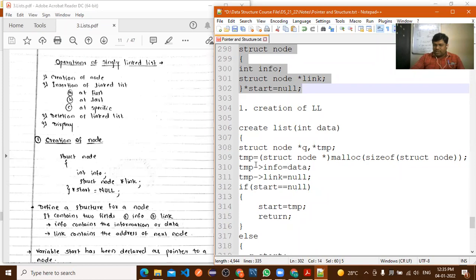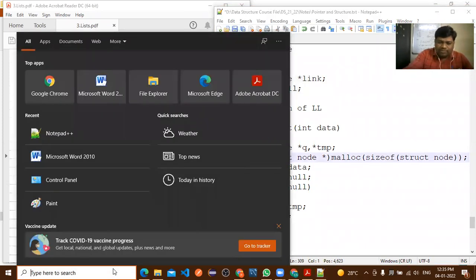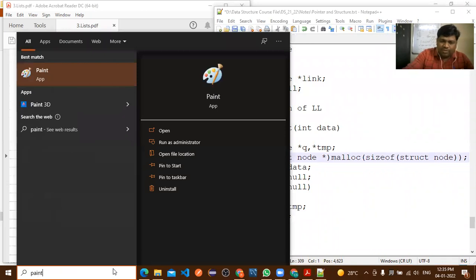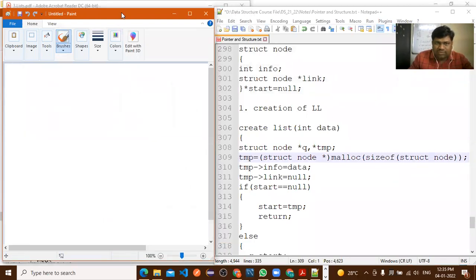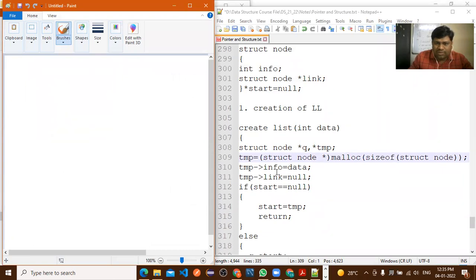Now when this statement executes, what will happen? After the statement executes, what will happen? First element of temp: here the memory is allocated, and memory allocated means a memory address is given.